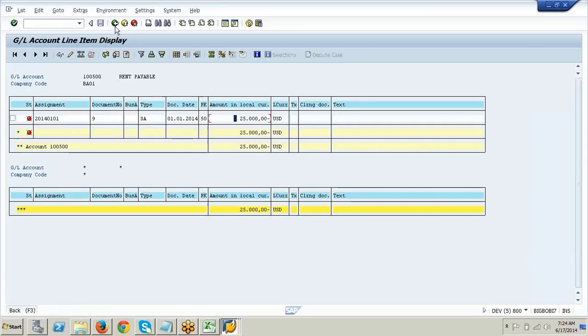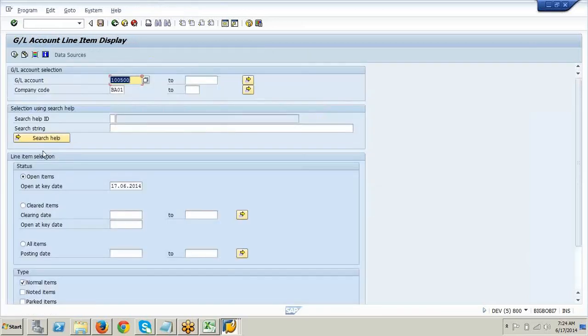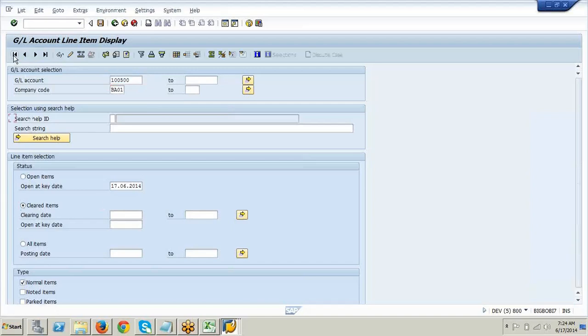Open item. Now you tell me how much should be there in the open item, and how much should be there in the cleared item. 15,000 open item, 10,000 cleared item. Okay, Daniel, agree? See, I'll select the cleared item first.